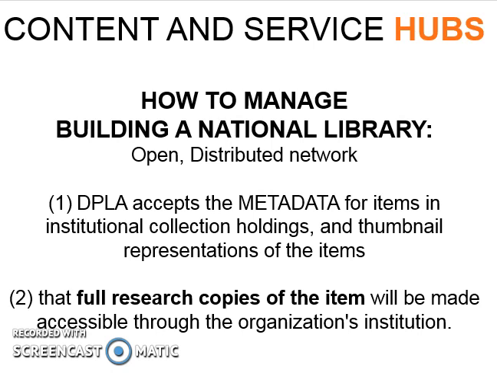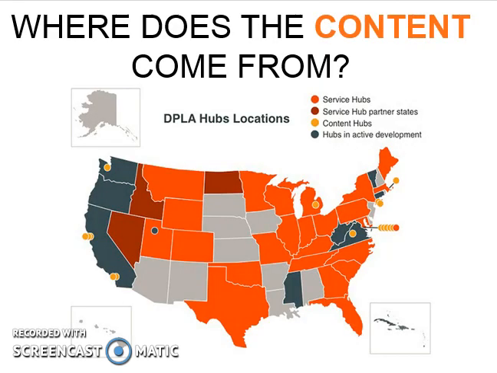The idea was that the content metadata that the hubs provided to DPLA would allow DPLA to serve as a federated searchable database of the metadata from these institutions, but the institutions or cooperatives would actually host the digital files. So DPLA would not exist without the collaboration of content hubs and service hubs. These are organizations that aggregate the metadata from their partners, libraries, museums, archives, cultural heritage institutions, etc. Through the hub network, DPLA is realizing the vision of a national digital library, connecting shared history with a diverse, engaged public.